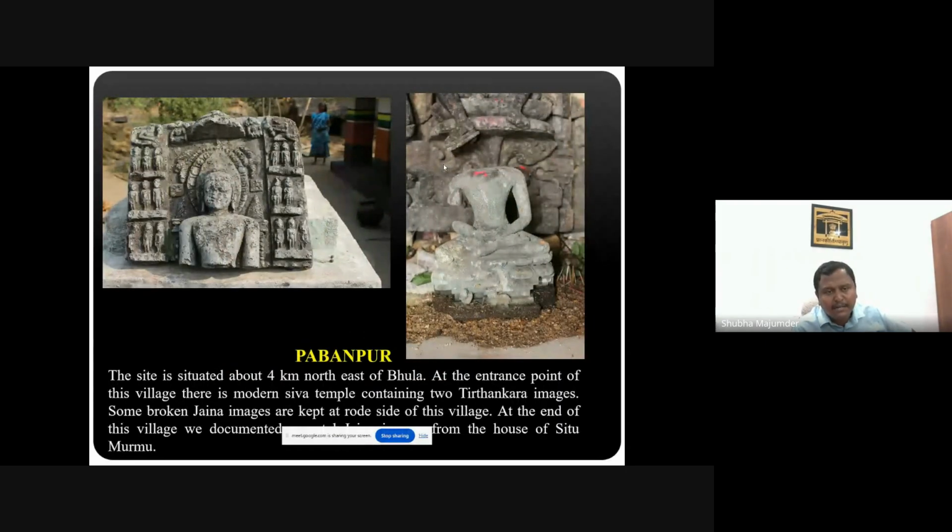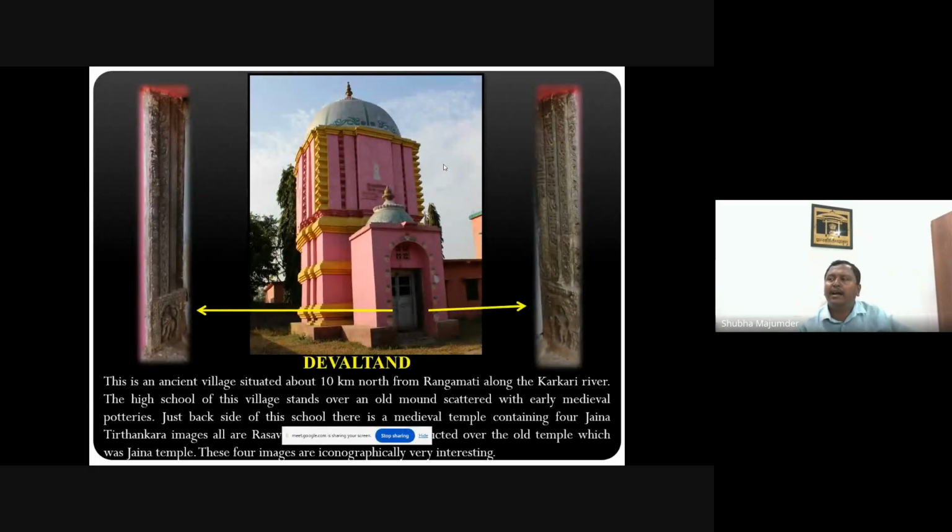And there are some other sculptures not found from this particular site, but very near to the site, Pawanpur. We have found these two beautiful damaged images. On the right side is the Rishabhnath image, a seated image, and on the left side the image is not identifiable because the lower portion of the image is missing. But this is a Chaubisi type of Tirthankara. And now I have come to my next